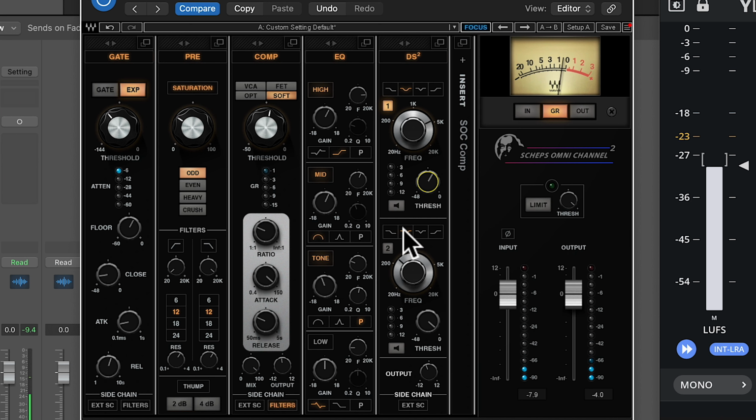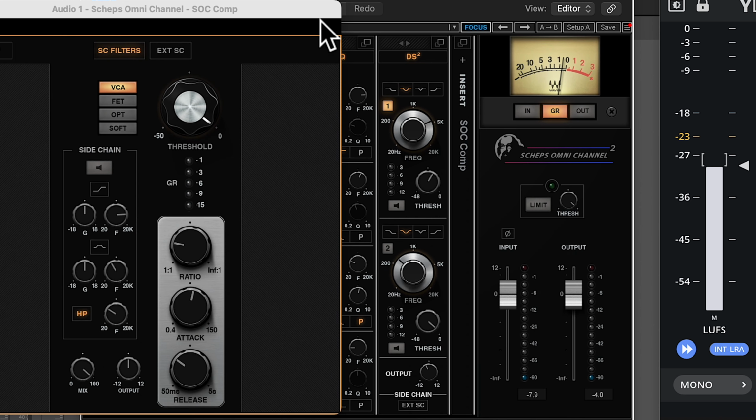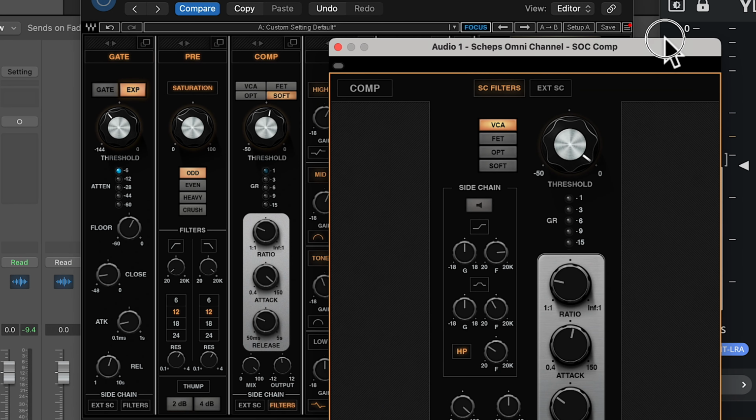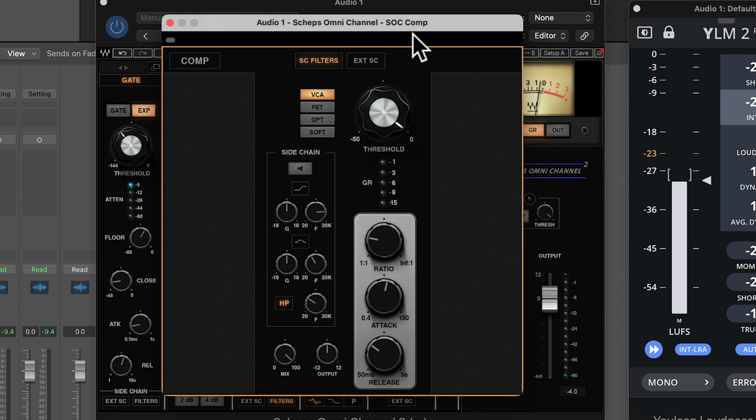All right, I think that's doing the job. And all I'm doing is reducing some of the energy in that frequency space. So the levels are still pretty much the same. So now let's go to this last compressor. And this one, I want to just address some of those peaks. So I'm going to use